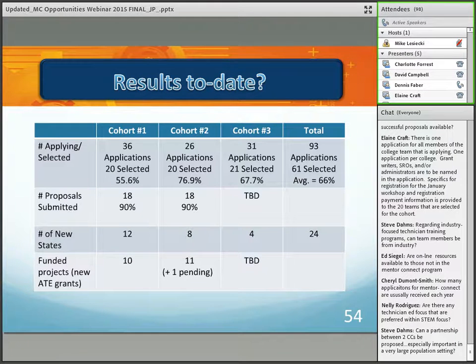The rate went up to 67% in the second cohort, and we hope that we'll see at least similar results in the third cohort at this time. And should you join us, we would expect you to do equally well as you get through